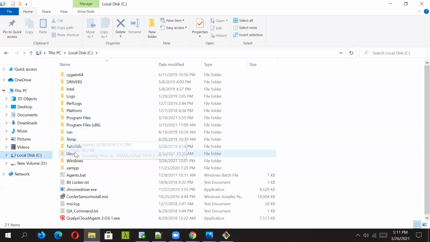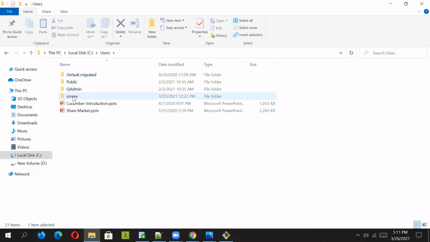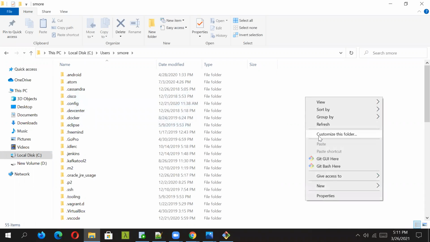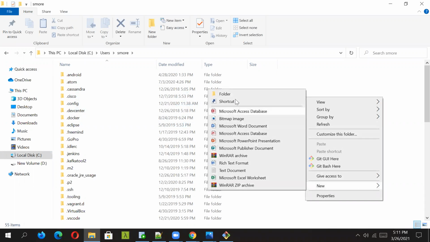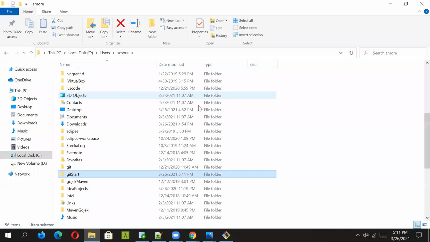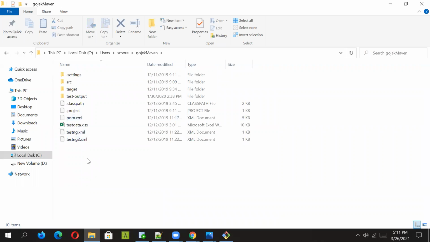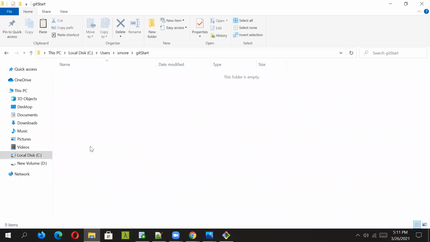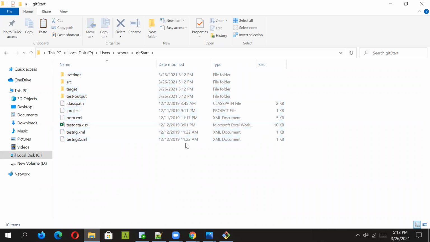So I'll just go to my users tab and maybe I'll create one folder in here. I'll just name it git start. So let's suppose that this is a project folder and let's copy some dummy code to it. This is a dummy code which I have used for a Maven project. So I would just be copying it in here, just copy and paste it here. So this is just what we want to do,